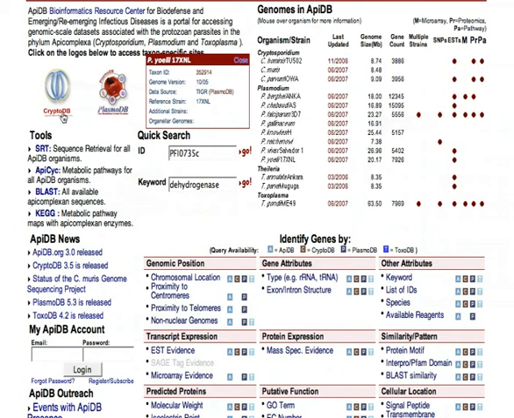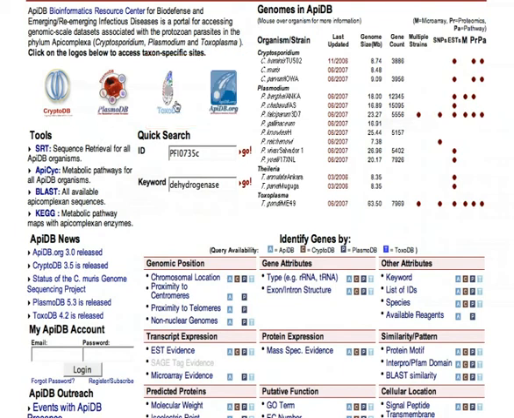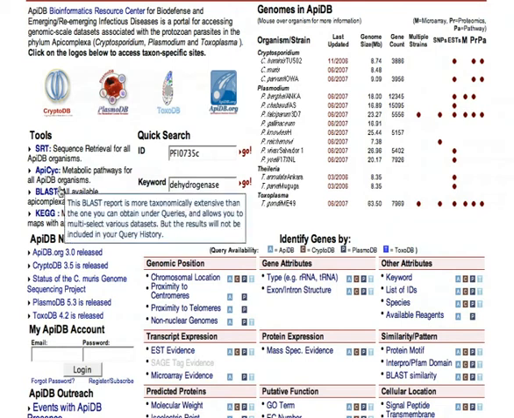There are also links to the individual websites, CryptoDB and PlasmoDB and ToxoDB. There's a link for various tools: the Sequence Retrieval Tool, or SRT, which is a tool that allows one to query for and download sequences of various types such as genomic, protein, CDS, or transcripts. A link to ApiPsych, which allows one to query various metabolic pathways, a link to BLAST, and also a link